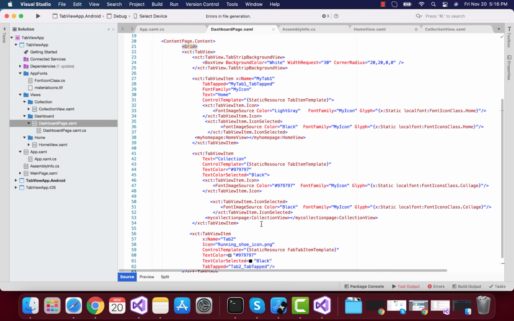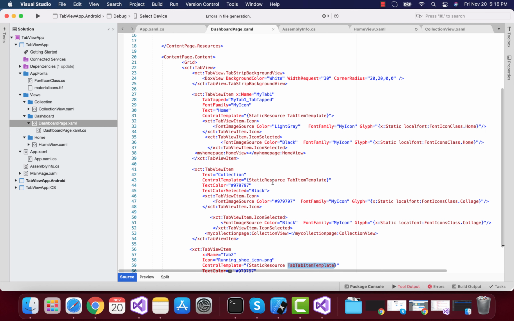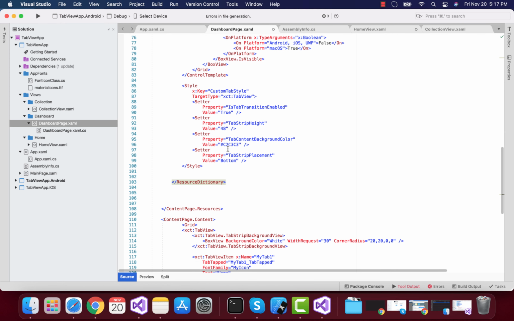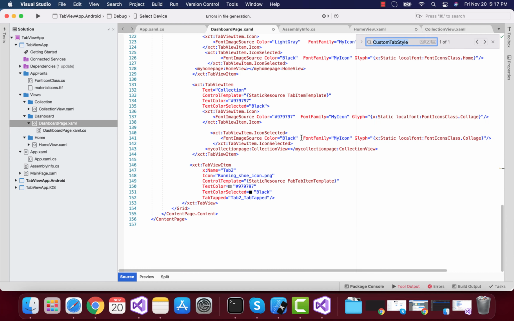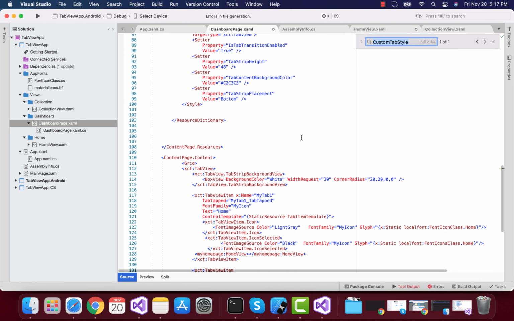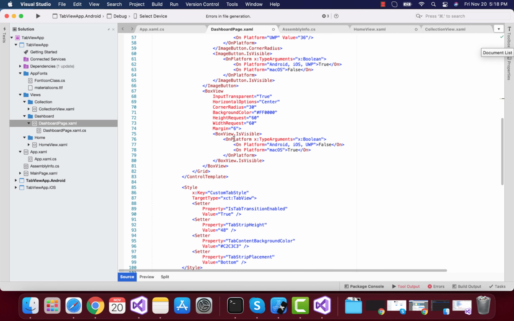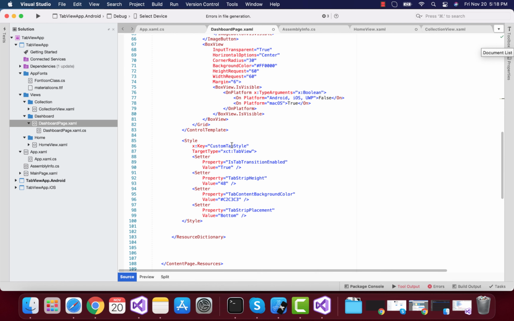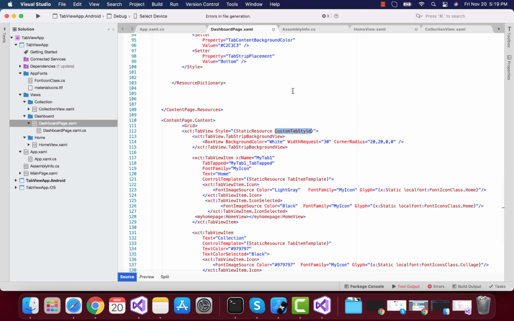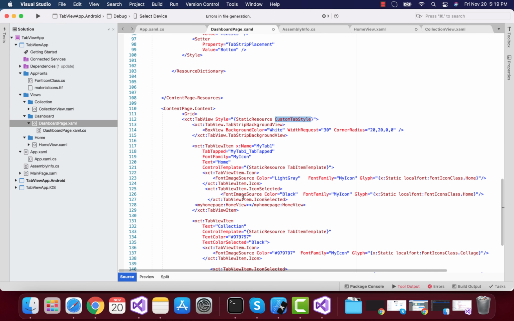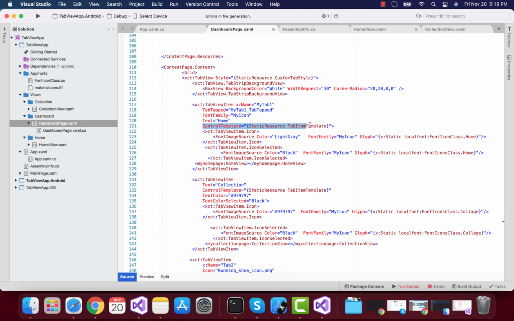Now our next task is defining our control template for each tab view item, that is fab tab item template. So I'm going to paste it inside our content page.resources inside resource dictionary tag. So here each specific item, that is tab item template, fab item template as well as custom tab styles are going to be called inside our tab view item. So we can just define our styles inside our app.xaml, but in order to make implementation easier, I just added all those styles inside the dashboard page.xaml itself.